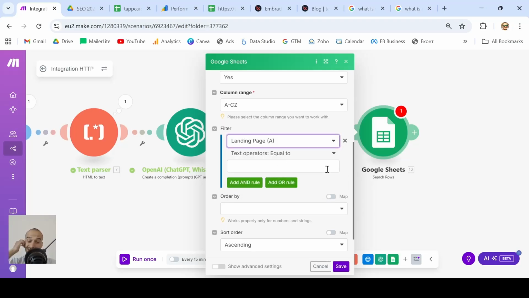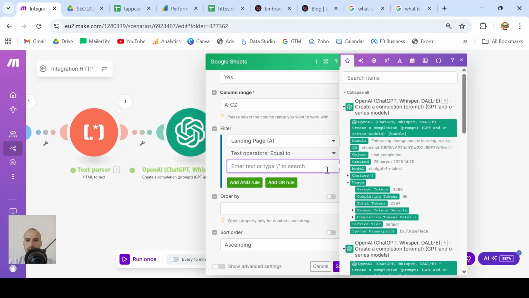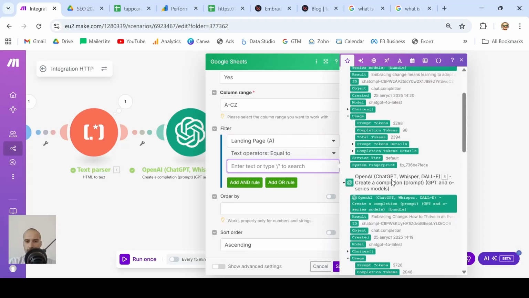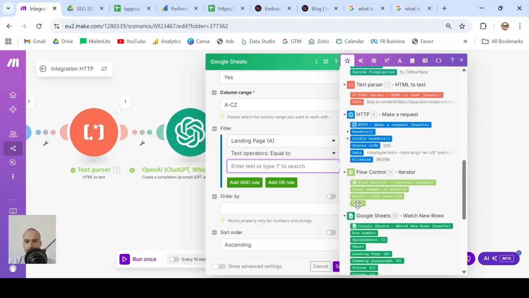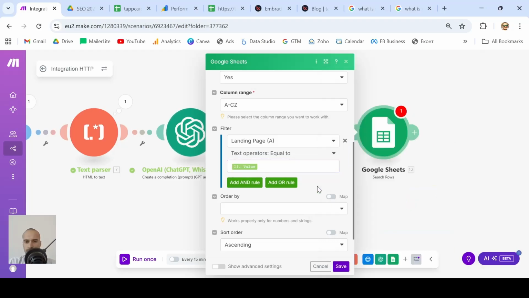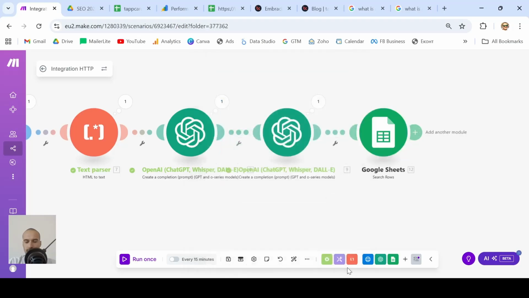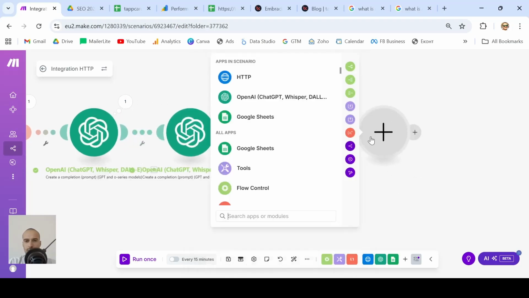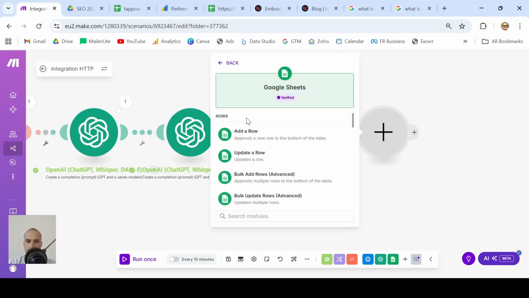We want make.com to find where our landing page column is exactly the same as the value coming from the iterator. We click save, and this will give us the row number that we need for our final module,